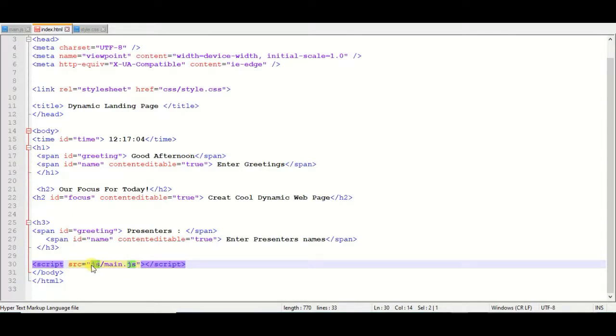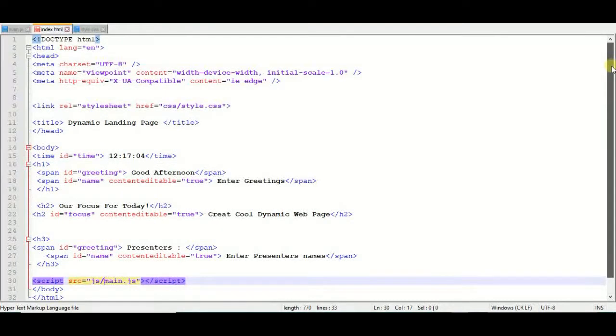If it wasn't inside of the folder called JS, there wouldn't be a need for us to have the js backslash there. But because it's inside of the folder, we have to specify that it is inside of a folder called JS. However, as mentioned, this tutorial is not on JavaScript today, but it is zooming in